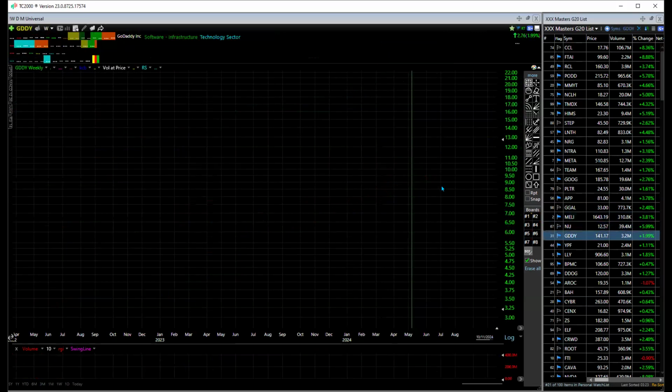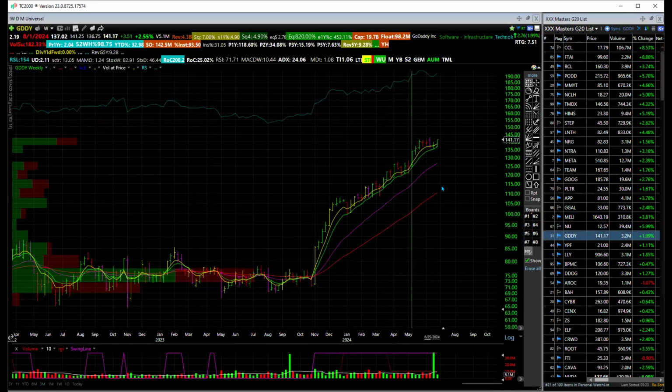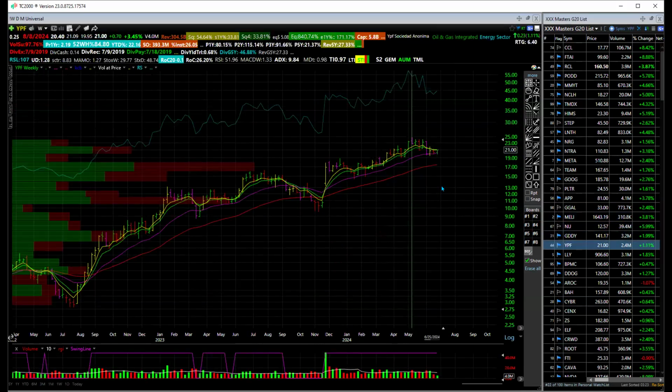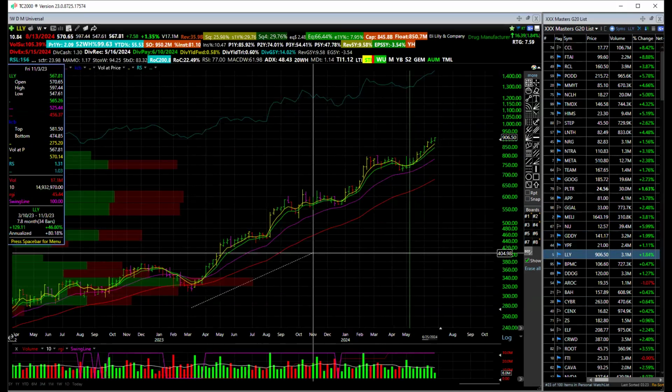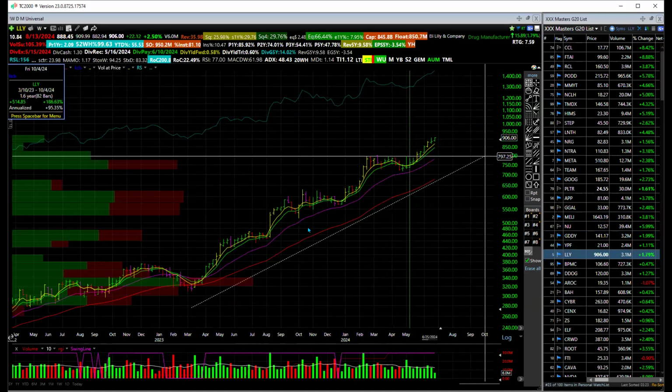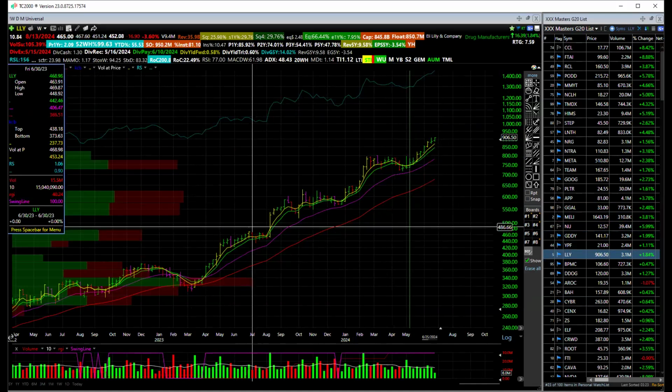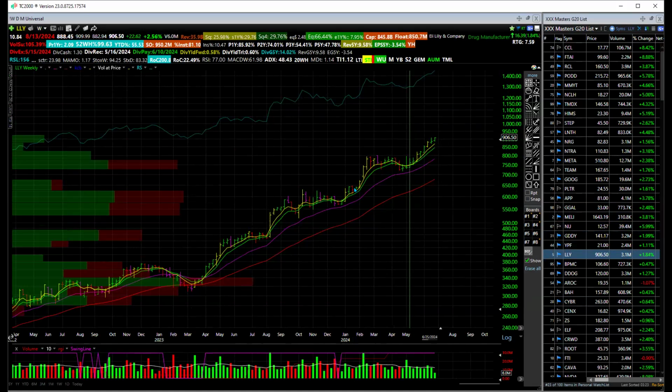New holdings, GoDaddy, YPF Sociedad, oil and gas that's in the base. Eli Lilly, which is obviously in a nice, beautiful uptrend here, but it's given opportunities along the way. There's a base here, another little base here, and another little base here, and it's just moved out of all of those bases.